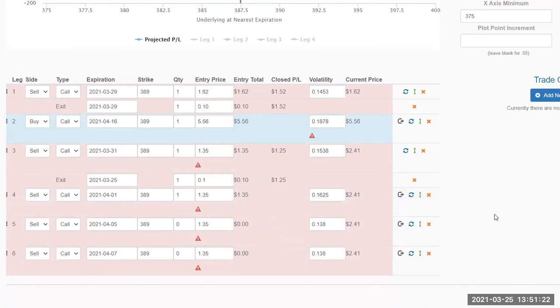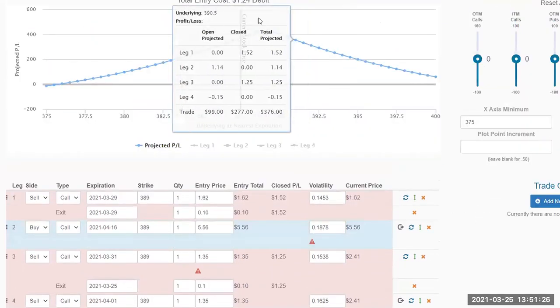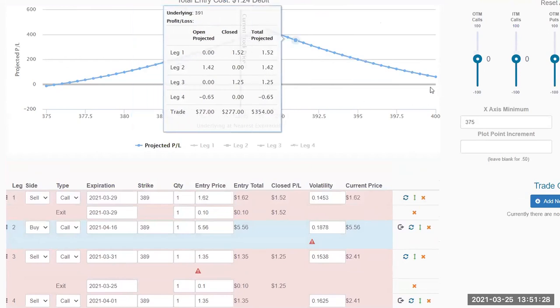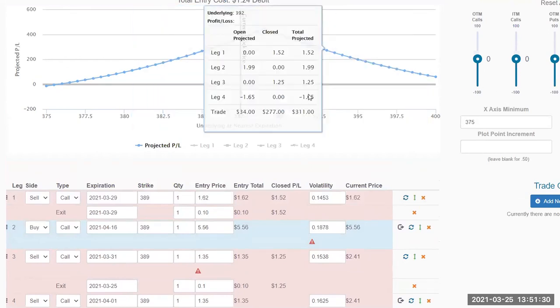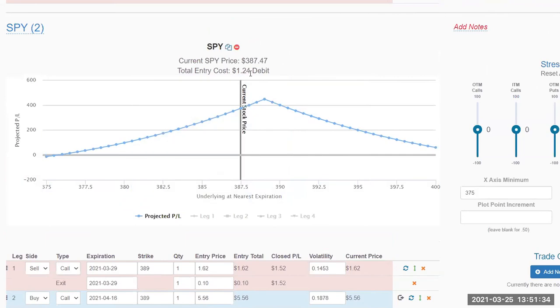So this is like profit stacking in that you're pushing the profit up and you're pushing the risk further out and away. And on this example, we have now a $1.24 debit. So technically, there's still a $120 risk on this trade, but it's way to the upside and way to the downside before that happens.